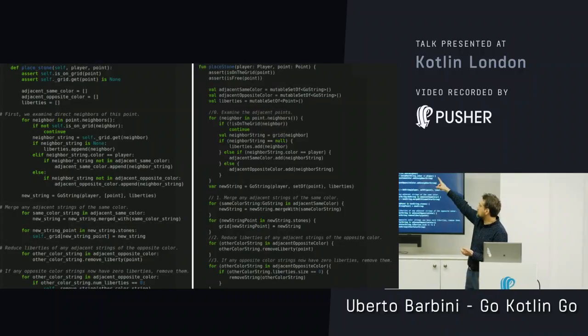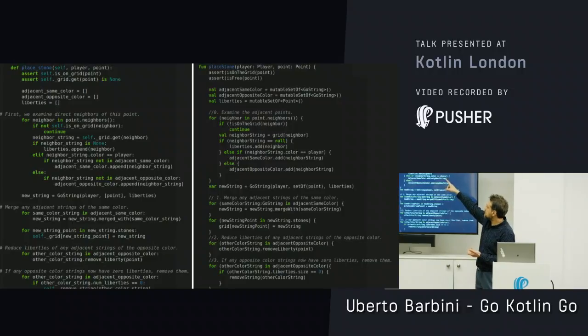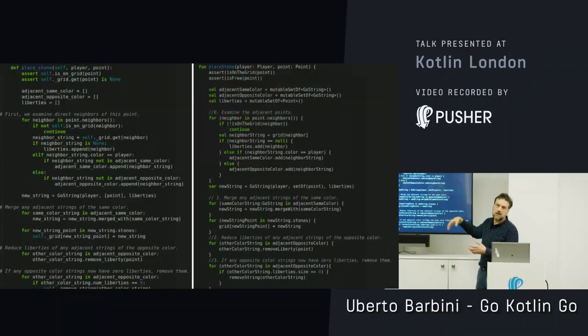So basically for each neighbor point, assuming, okay, this is a bit of an old version of the code. Now it's a bit more, not complicated, but it has more optimization inside, because this is when I did the conversion. If you look at the code in Git now, it's different.